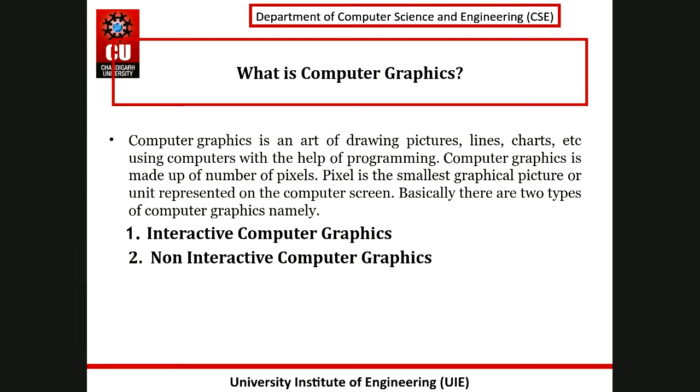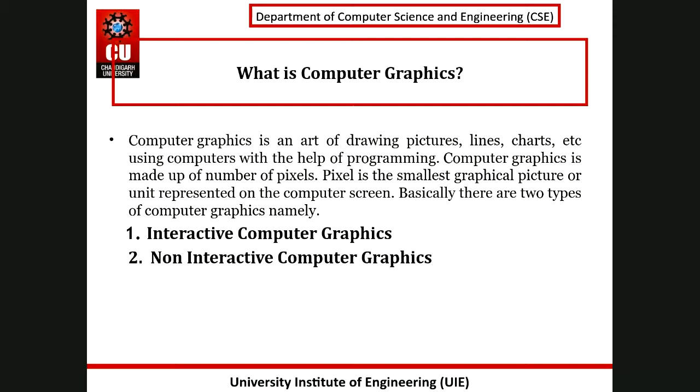Simply, the term graphics refers to the images created with the help of computers, and these images or graphics can be either 2D or 3D. And computer graphics is the branch of computer science that deals with the pictorial representation of data. Means data will be in the form of pictures or images, or in the form of graphics. And every image that can be displayed on a computer screen is a combination of pixels.